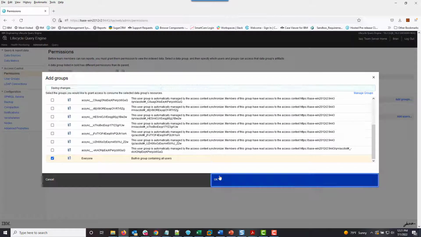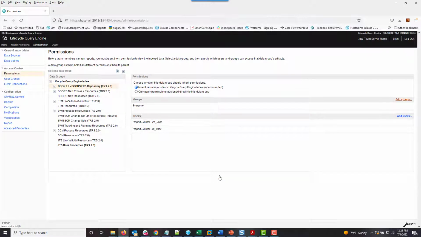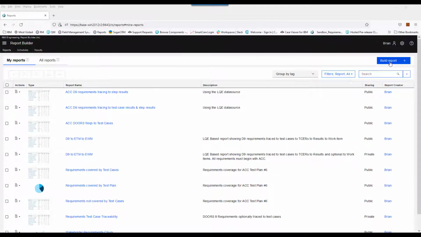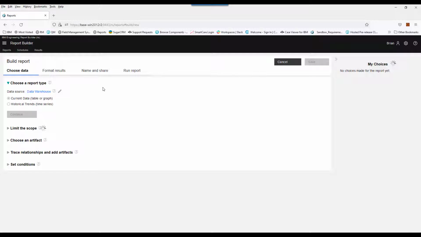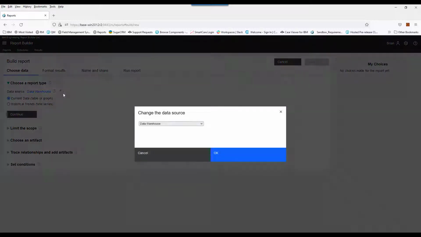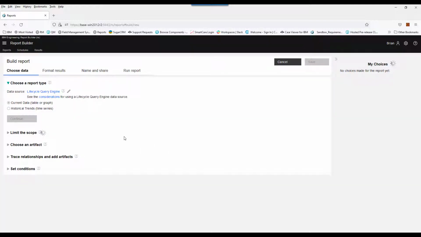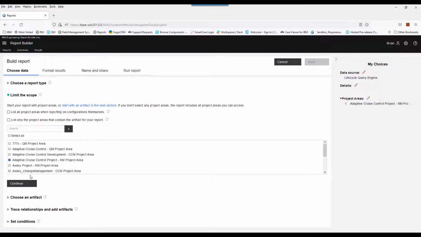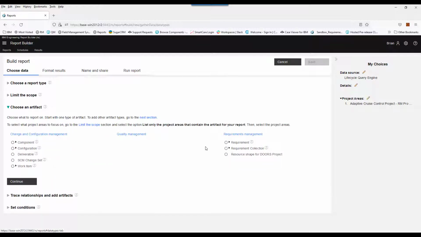And now as a final step, let's confirm the integration is working correctly by creating a simple report in Report Builder. When navigating the Report Builder, let's build a report. We obviously want to change the data source to be the Lifecycle Query Engine because that's what this video is all about. Continuing on, we can see our Doors projects displayed in the list of projects we can report against. This is that new feature I mentioned earlier about being able to report on individual Doors projects. So I'll keep it simple and I'll only select the Adaptive Cruise Control project. Next, I'll choose the artifact type of Doors requirement,